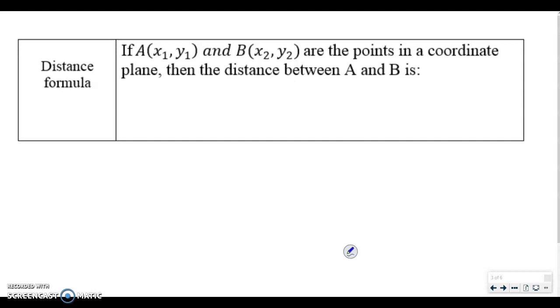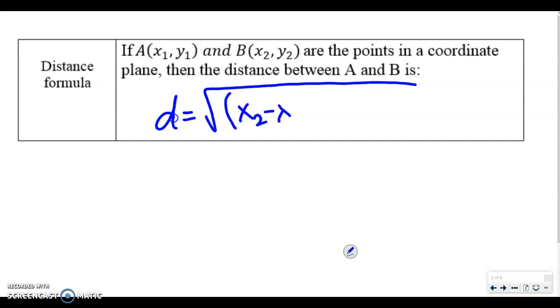Alrighty, today we'll be doing section 1.3, use midpoint and distance formula, day 2, and today the focus will be the distance formula. So the distance formula is, if point A and point B are points in a coordinate plane, then the distance between A and B is, and so the distance formula is D equals square root, make that nice and long,